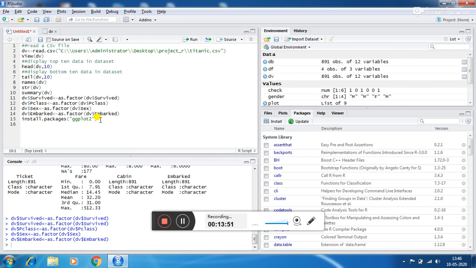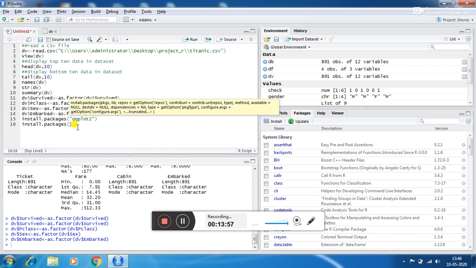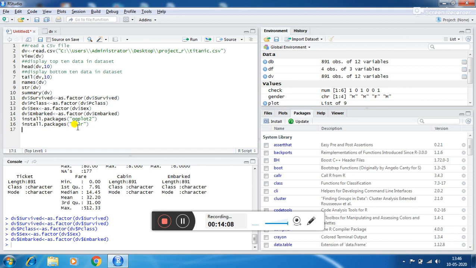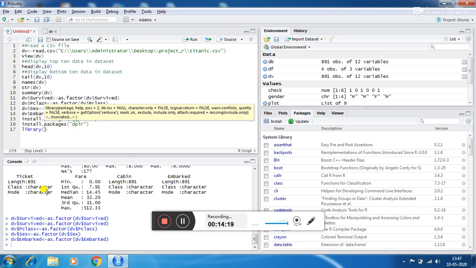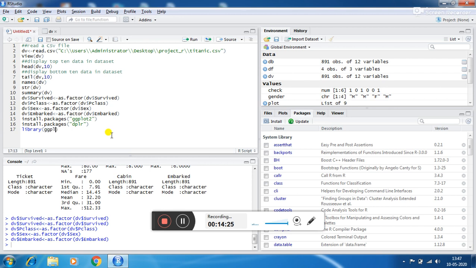The dplyr package is also already installed. To include a package we use the library keyword. Then the ggplot2 package will be included in the project.